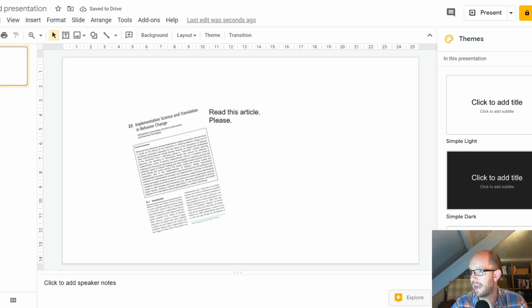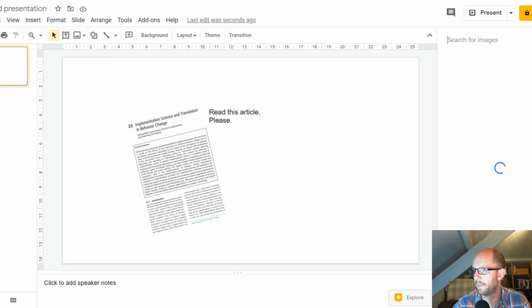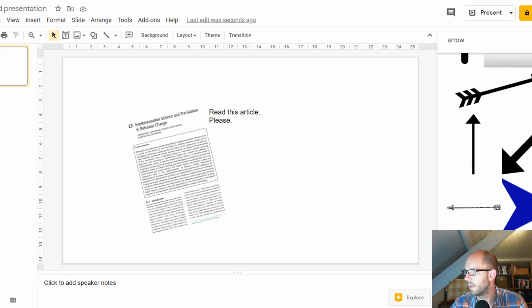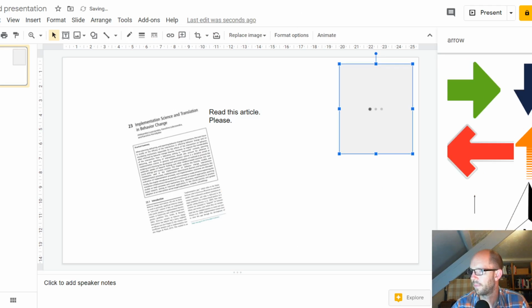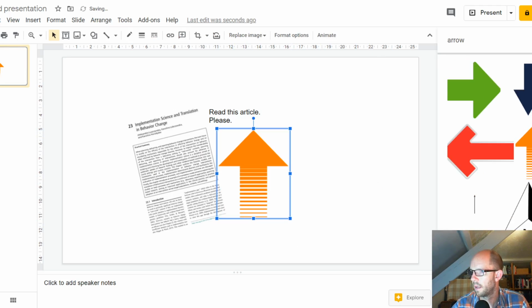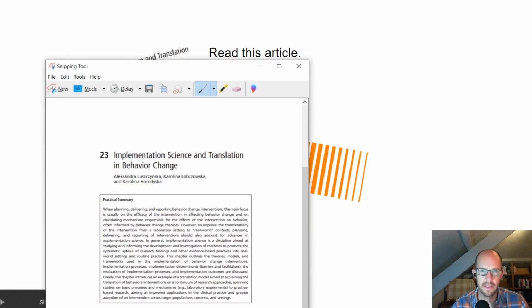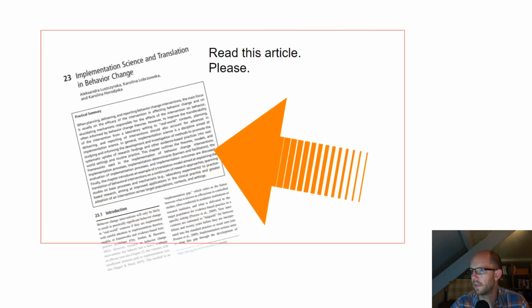So I could add an arrow, so let's give a quick insert image, search the web, arrow. No, they're not very imaginative, are they? There you go, that one there. Turn that around like that. Now what I can do is present, get the snipping tool, and then this time I'll take a... Yeah, okay. So if I do that,